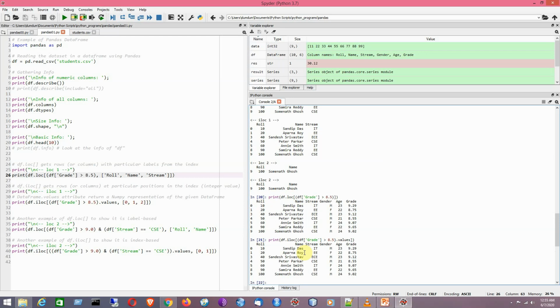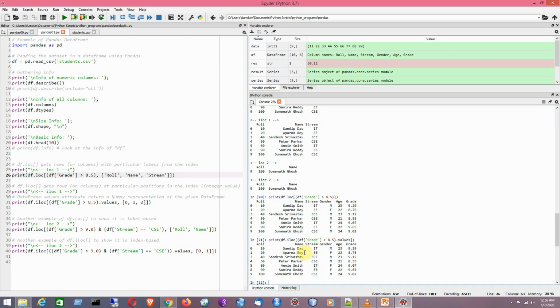I hope that you have understood the logic of applying series for one-dimensional data structure and the data frame for multi-dimensional data structure, which is one of the most important concepts to be considered for the pandas library, and using it you can do real data analysis.